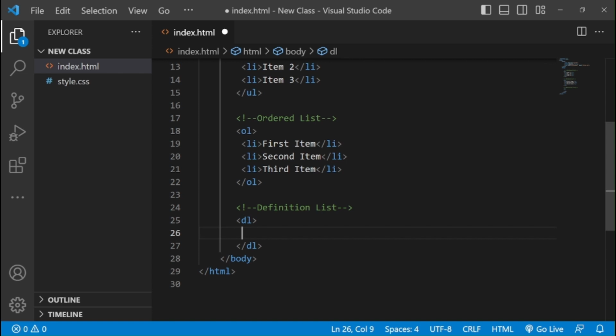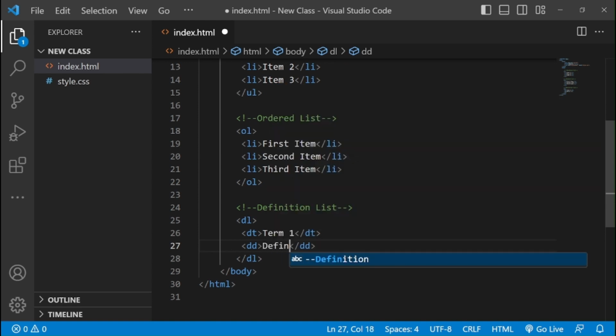And for the items, the elements inside it, let's start with DT like this, and let's call this one term 1 maybe, and let's come down and add the DD tag like this, and let's call this one definition, let's say definition 1, for example. Let's remove this,